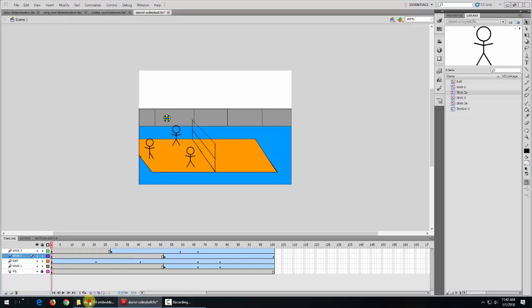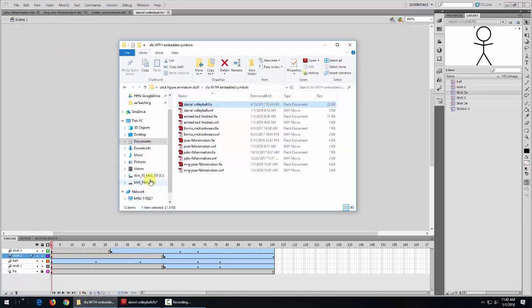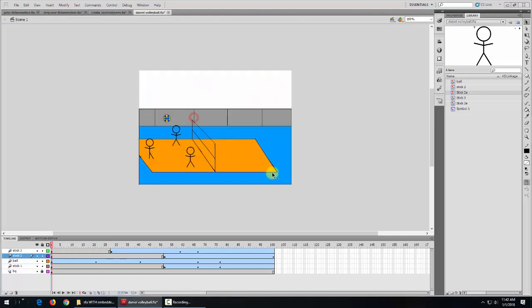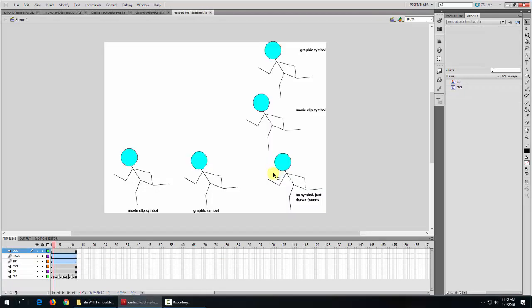And the last thing I want to show you is why. Why do we use a graphic symbol? Well, here's my embed test finished. Up here I have a graphic symbol. Over here I have a movie clip symbol. Over here I have no symbol, just the drawn frames. So that's the bottom layer right here. So we have a graphic symbol here, movie clip symbol here,